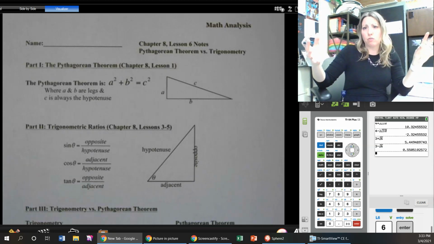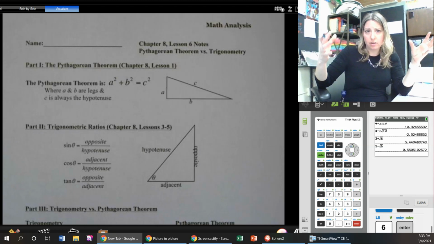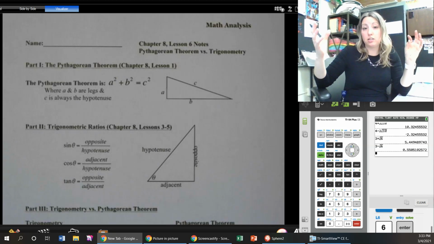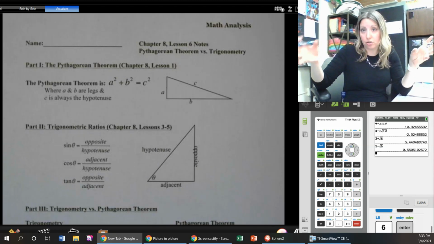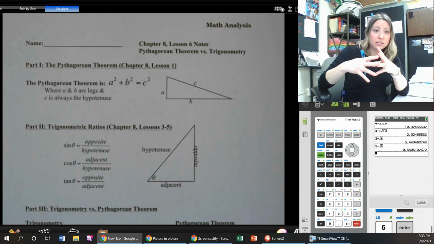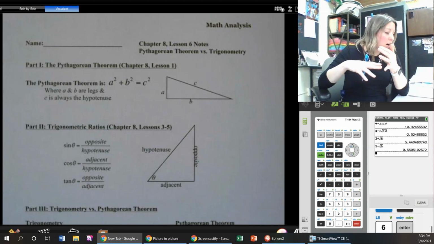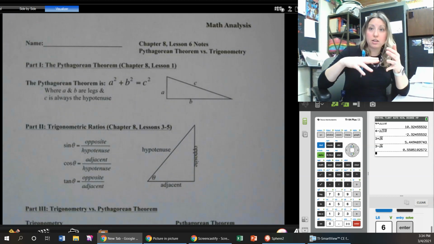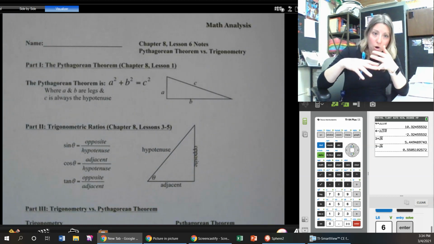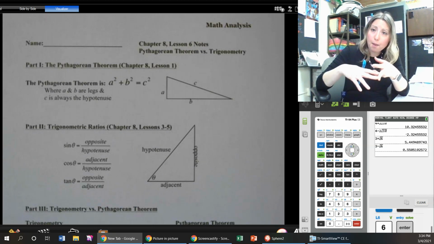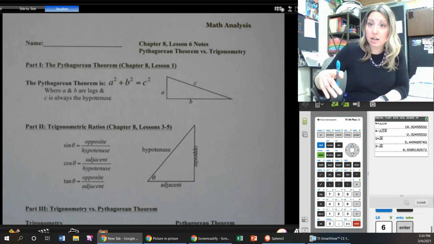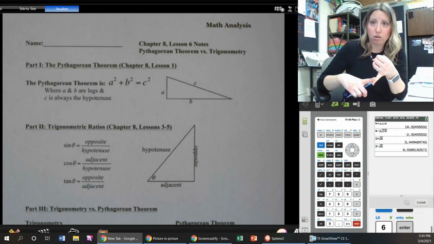All three sides in a right triangle need to be known, right? Or two out of the three need to be known to find the third. Then our trig functions, or trig ratios, excuse me, are the sine of theta is opposite over hypotenuse, cosine of theta is adjacent over hypotenuse, and tangent of theta is opposite over adjacent, meaning you need an angle measure and